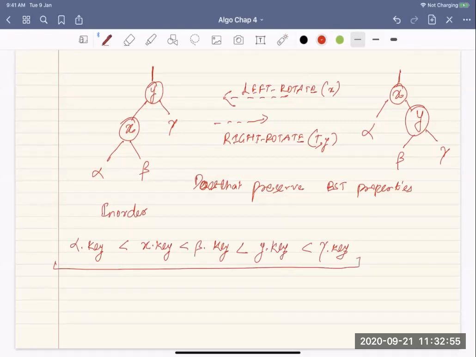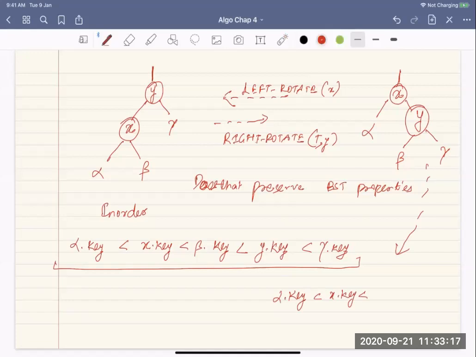Now suppose I do a rotation. From this, can I retrieve that? Again, you do an in order traversal. So you will get alpha dot key less than x dot key, and then the right. So you go left, root, right.